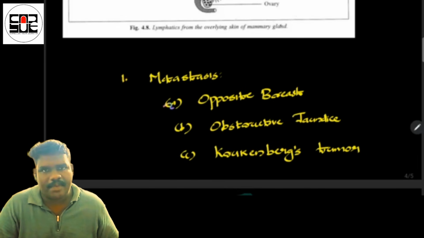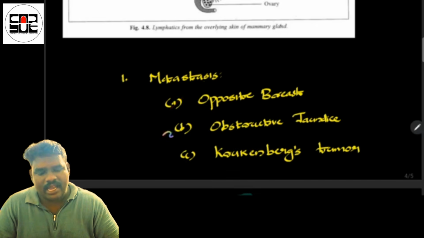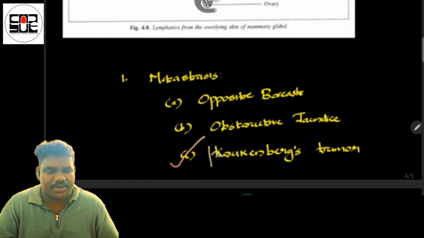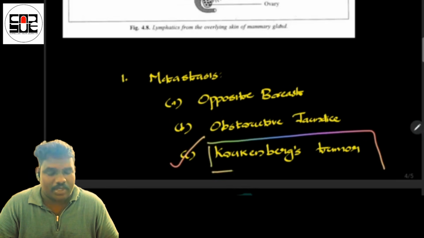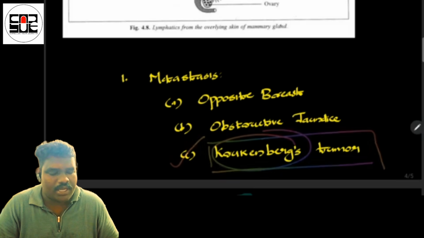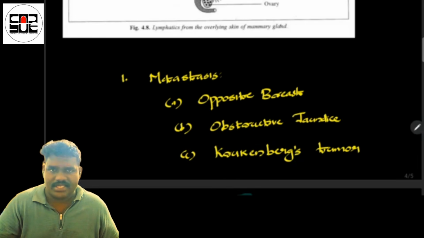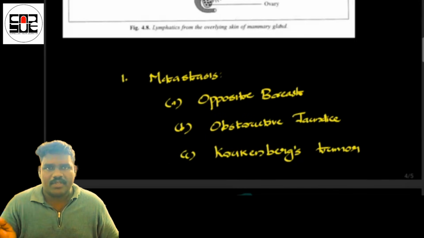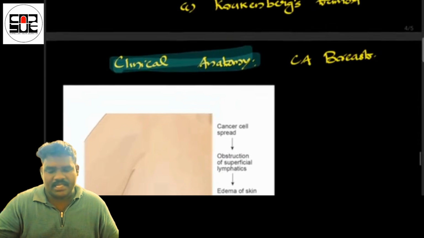We can see metastasis of breast pathologies either to the opposite breast, or towards the liver, causing obstructive jaundice, or towards the ovary, causing a tumor called Krukenberg's tumor. So we mentioned the lymph nodes, superficial lymphatics and deep lymphatics. Anatomy,